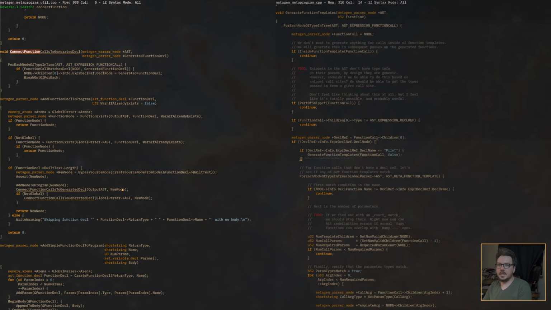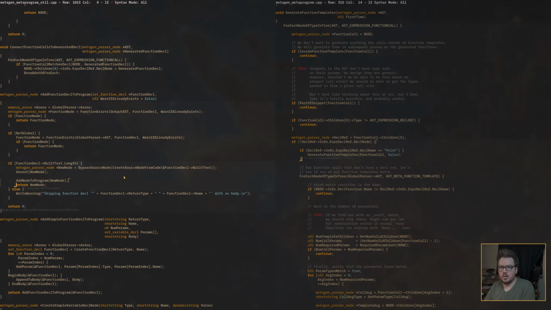If the function already exists, we still want to connect it up. This needs to still happen no matter what we do. So we're gonna say result equals 0. A function node results function node, else